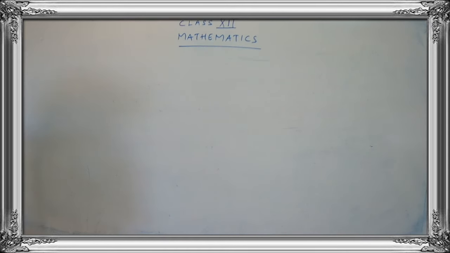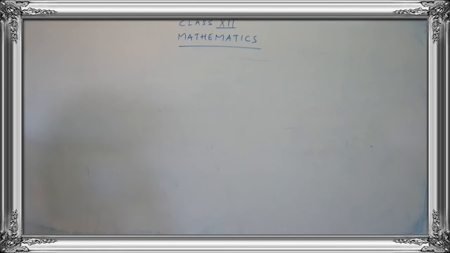We have found the values for i raised to 0, we have found some values for i. So if you know 4 values, like if you know the value for i raised to 0, the value for i raised to 1, the value for i square, you can just go on finding as many powers for i. Clear children? So I hope you are clear with the powers of the imaginary unit. Now we are going to continue with exercise 2.2.